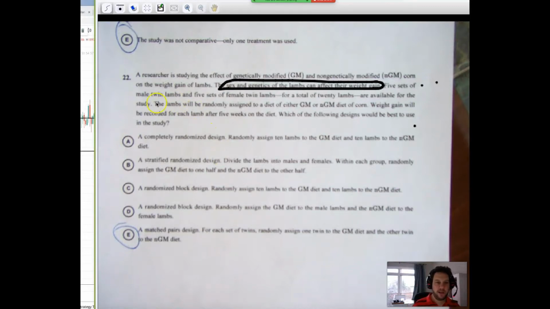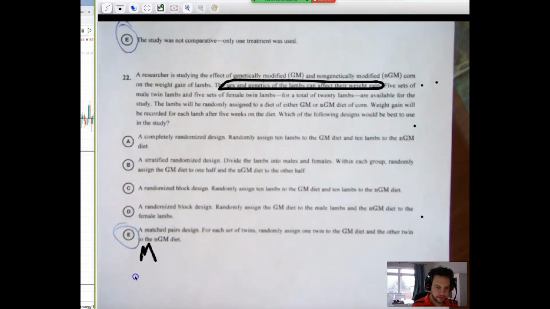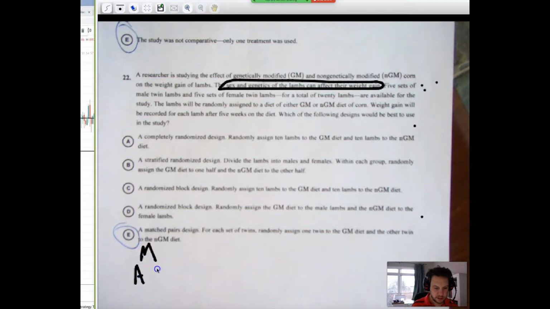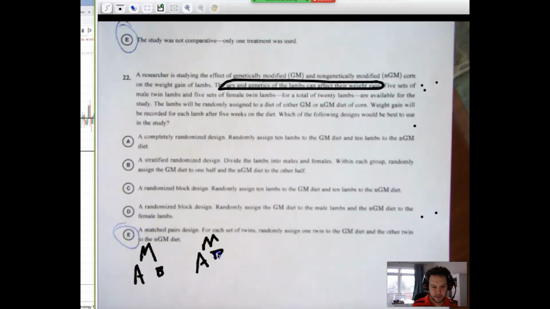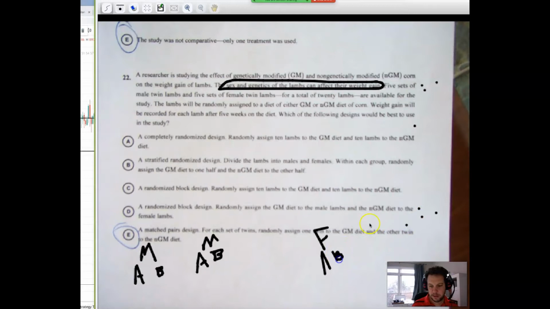So what I'd want to do here, because I got twins, this is a block of group 2. This is a subgroup of group 2. So I've got like male, twin A. Why does that keep happening? Twin B. Male, twin A, twin B. And I've got 5 of those. And then I've got female, A and B, and female A and B, and I've got 5 of those. And so I have,